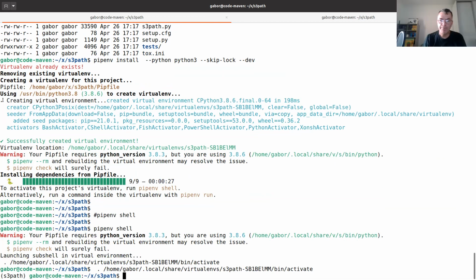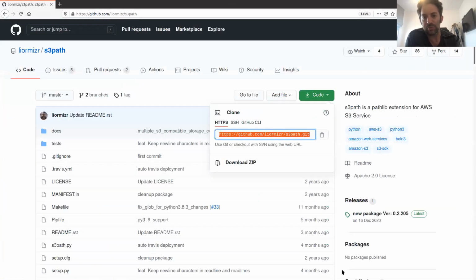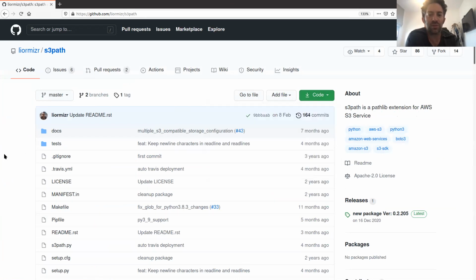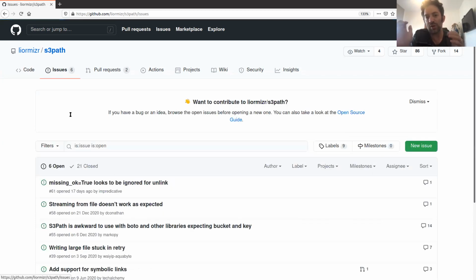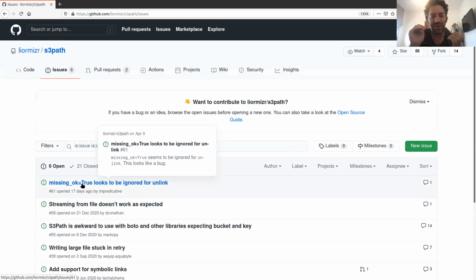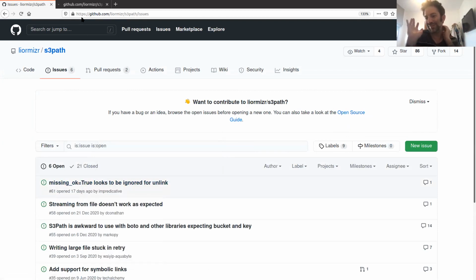Before we start, let's move for a second to the documentation. Let's check in pathlib what exactly the issue specified. Let's talk a second about the method and what it does in a normal file system, and then let's think about the design. What is it supposed to do in the S3 case?